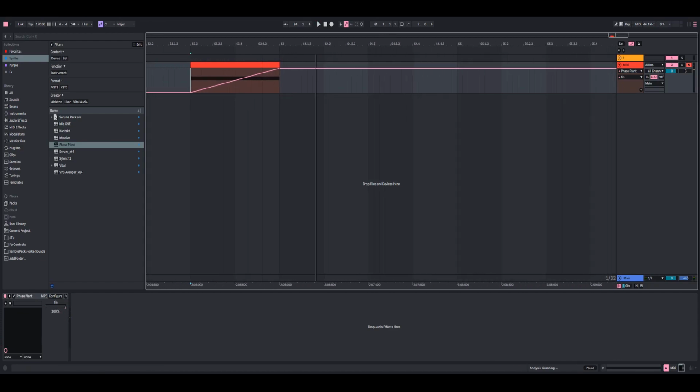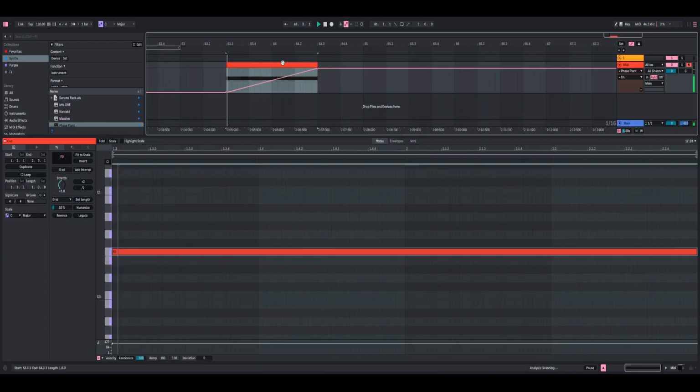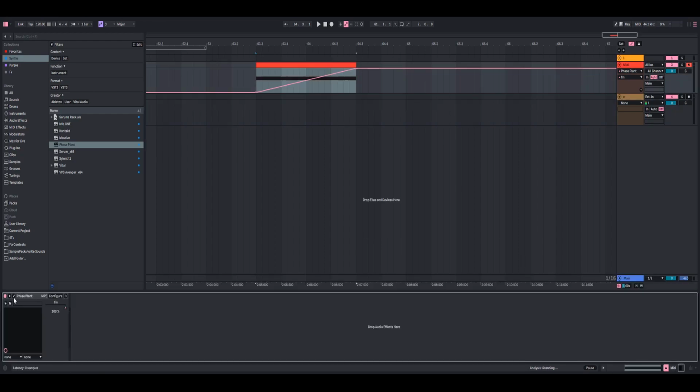Maybe that's still a little bit too fast. I'm going to actually extend it some more. And there we go. I think that's perfect. And then I'm going to rename this E for export. And so yeah, we got our FM table here